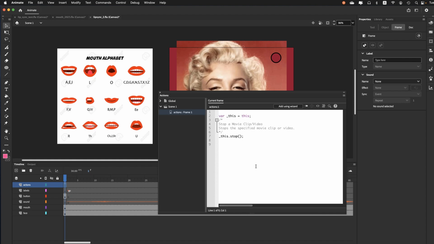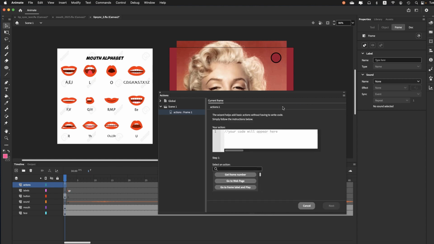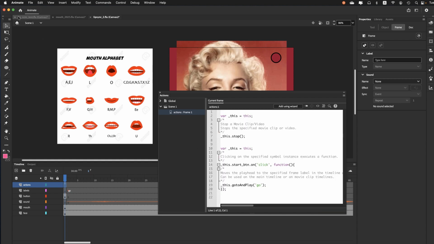So let's address that button now. Since we already created an instance name, we're ready to access it through the wizard. Add using wizard. So here we want to do a go to and play. So go to frame label and play, this timeline, and here we're prompted to type in the frame label. Go, G-O. Then I click next, and I want it to be triggered on a mouse click, and the only button I have is called start underscore btn. Makes it easy to choose, and finish and add. Save that,